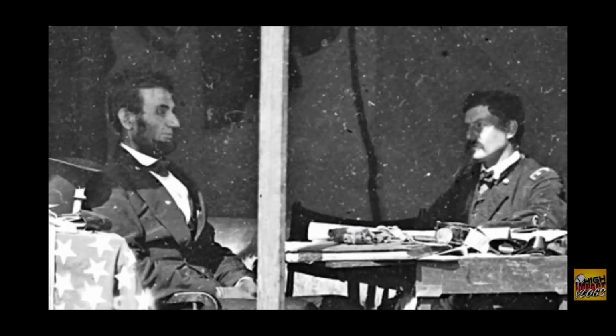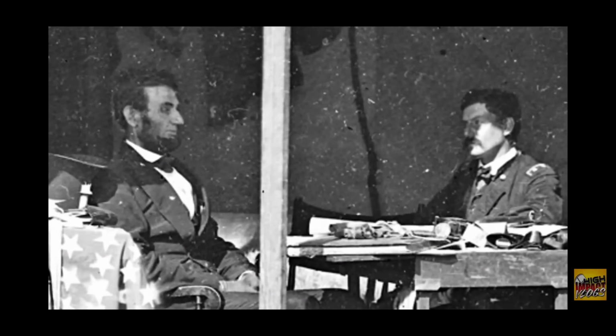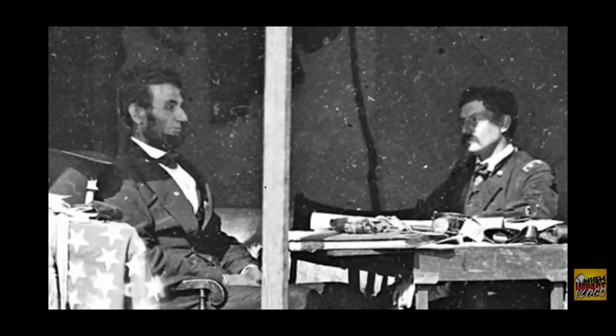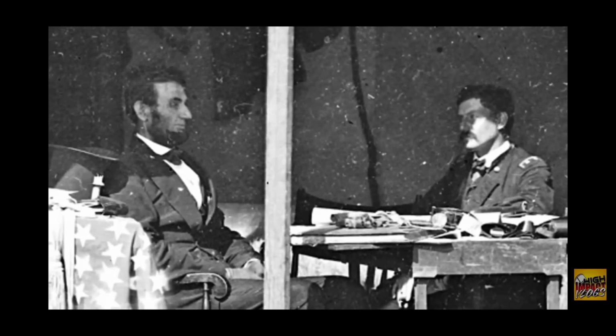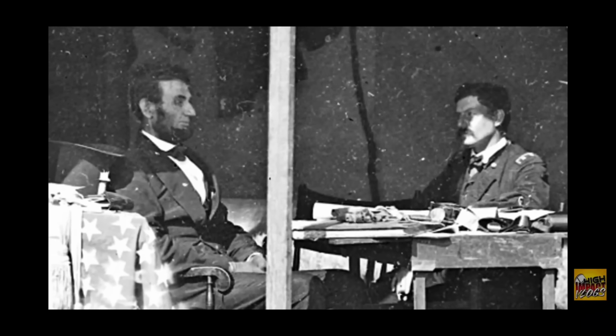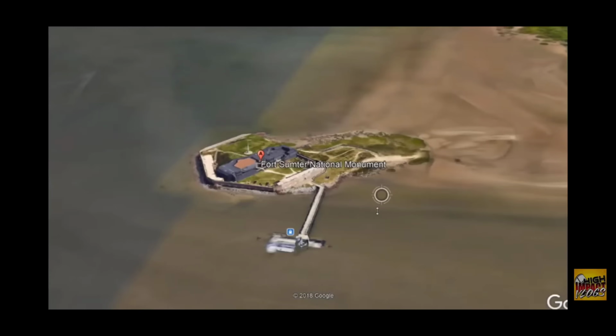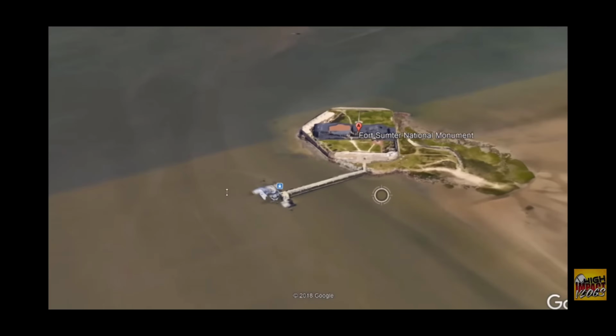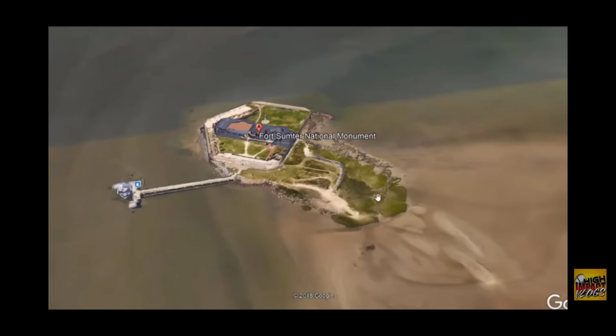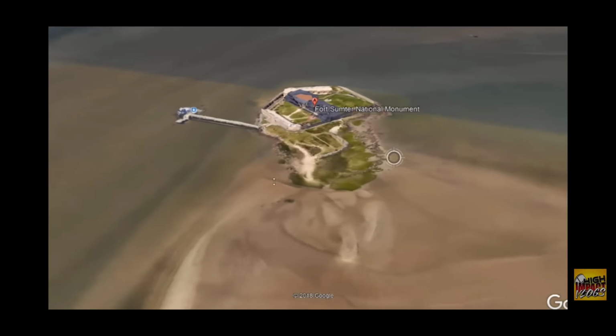Lincoln needed that provocation to come from the South at all costs so that the Confederacy would be blamed for a war. The false flag of Fort Sumter was set in motion. On April 4th, Lincoln ordered a resupply expedition led by Gustavus V. Fox to be sent to Fort Sumter.